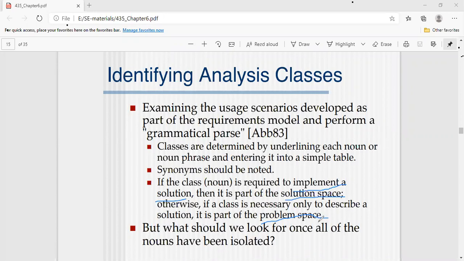You may take the class name related to a solution or related to a problem. That is your choice, isn't it? Based on that, we are going to represent within that particular class.